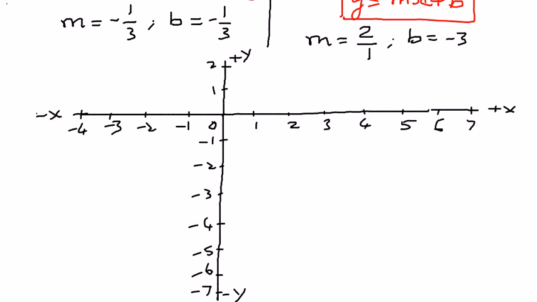I'm going to use different colors to represent these two lines. For the first one, I want to represent the slope and the y-intercept. The way we do that is as follows. First we identify where the y-intercept is, and in this case negative 1 over 3 means that number is going to be equal to negative